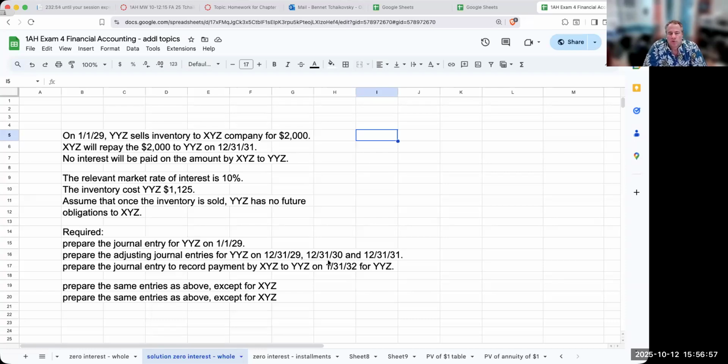So on 1/1/29, YYZ sells inventory to XYZ for $2,000. XYZ will repay the $2,000 to YYZ on December 31st, 2031. No interest will be paid on the amount by XYZ to YYZ. Then we're given over here that the relevant market rate of interest is 10%. The inventory cost YYZ $1,125, and then assume that once the inventory is sold, YYZ has no future obligations to